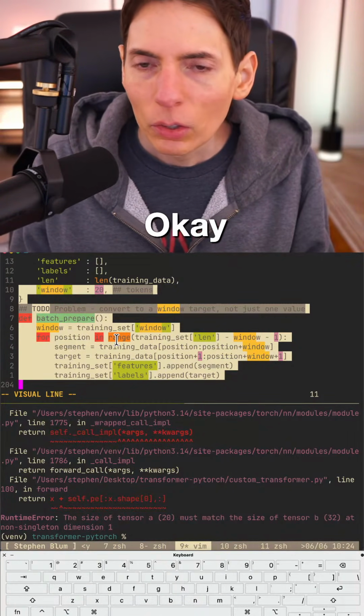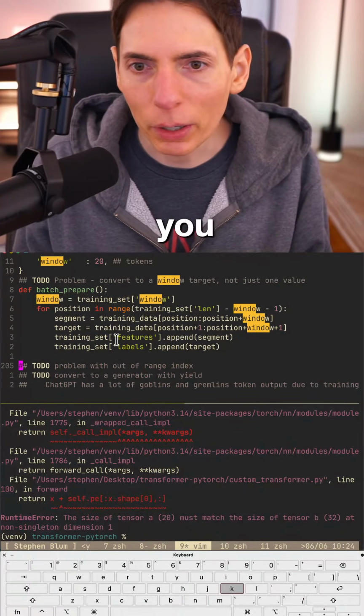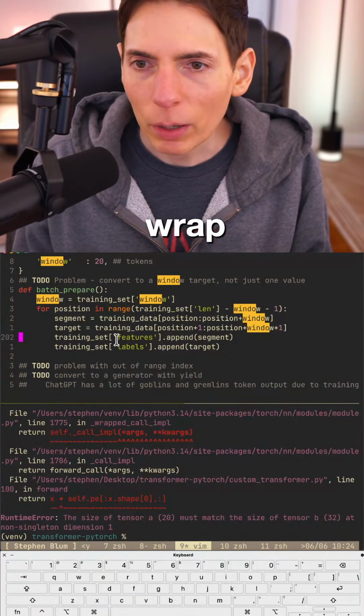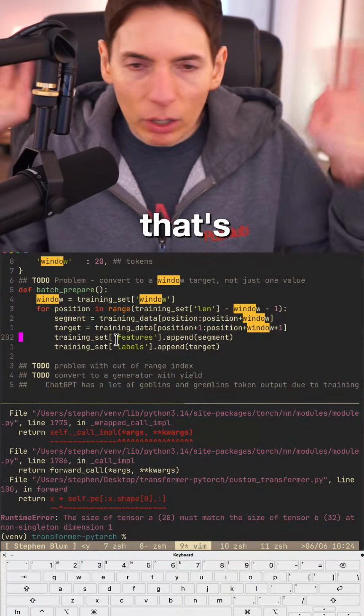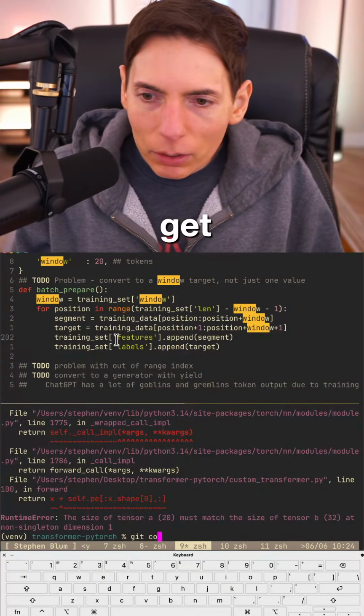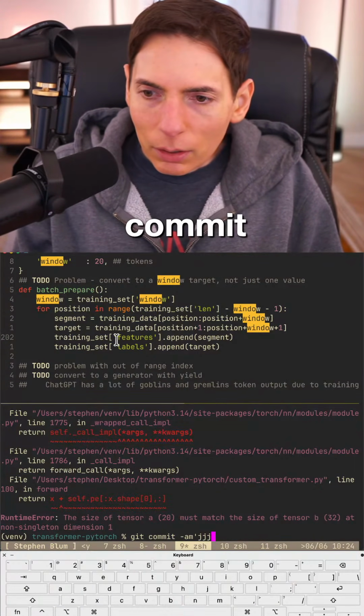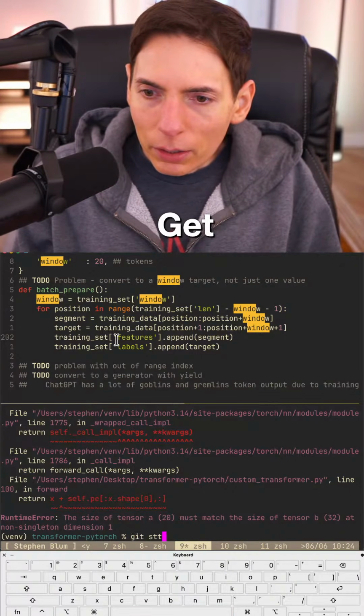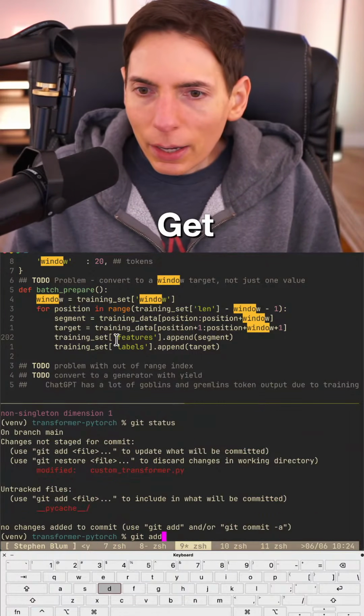Okay. Well, here, I'll tell you what. We do got to wrap up, because I've got a bunch of stuff that's happening around me right now that I have to head out for. So what I'm going to do is I'm going to git commit, git status, git add custom,